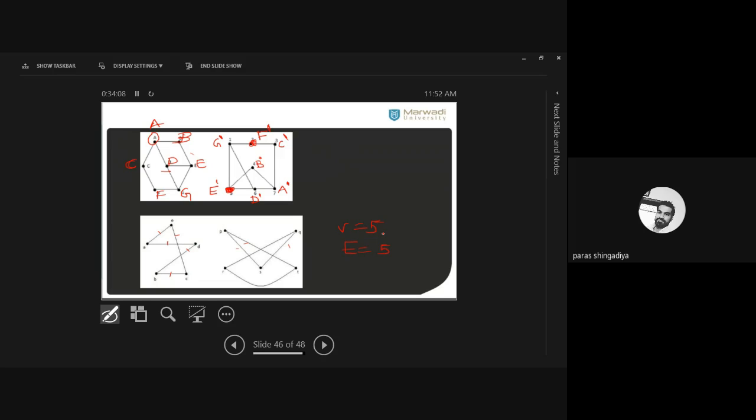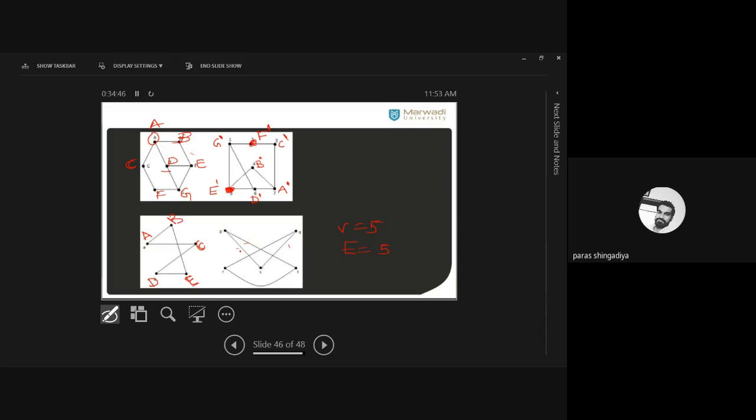Okay, what is the answer? Is it isomorphic or not? Change the notation if it is not visible. Clear? Consider any notations for the vertices. Let us say this is A, that is B, this is C, that is D, and this is E. Okay, these are the 5 notations for this graph. And now check the image of A.